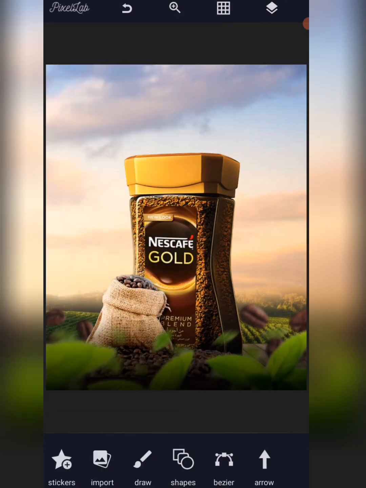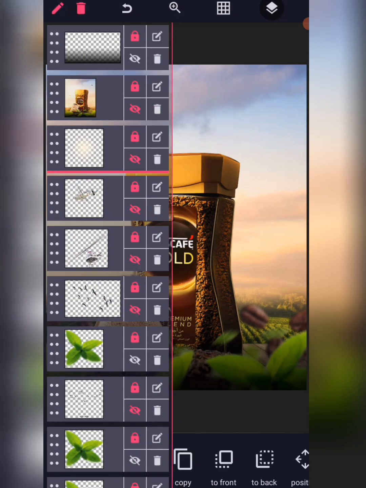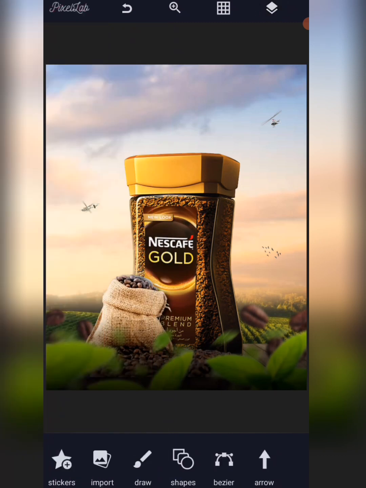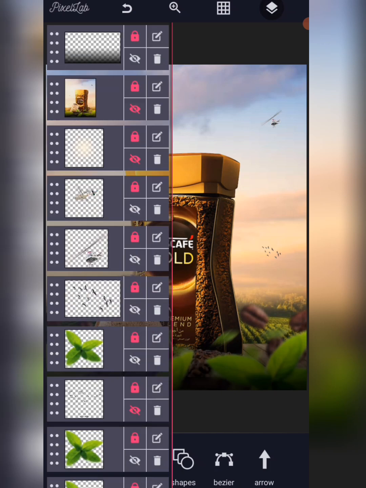So this is it. In case you're wondering about the rest of the images which are here, I actually don't do this in my tutorial. In case this is your first time on my channel, these are just simple. Just reduce the size and position them anywhere you want to position them. The birds and the helicopter, just do that. To end this video,